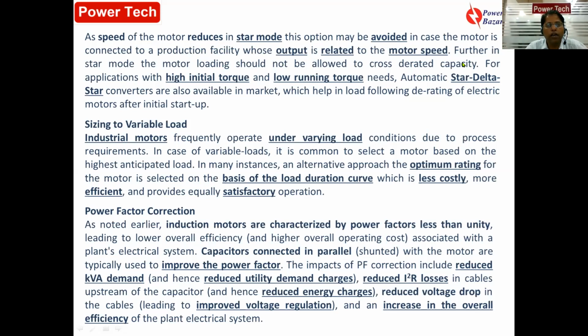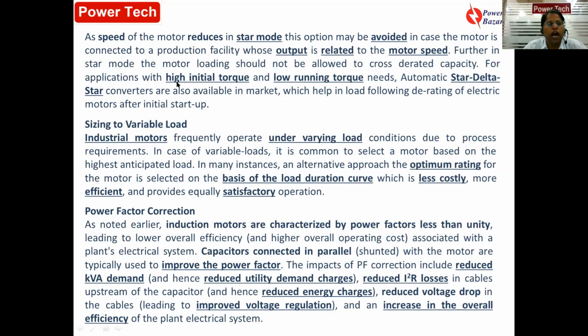As you know, rated power it cannot handle. Let us say a 15 kilowatt motor, so its derated value will be 1/3 of that rating, so it will be 5 kilowatt. Momentarily we can give more than 5 kilowatt load, but if you are converting a motor connection from delta to star, we should see that the desired output does not cross more than 5 kilowatt, or more than 1/3 of the rated watt. So it should be within the derated capacity. If the rating is 50 kilowatt, the derated capacity will be 50/3.